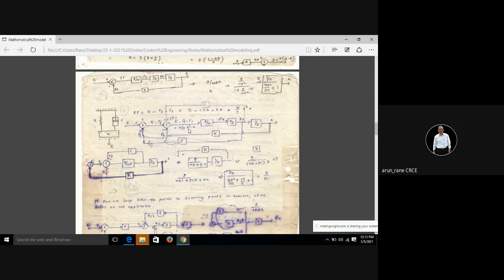So my first block will be g by W, then first integration, then second integration, and I get x. Now this x I have to multiply by k, that is nothing but the spring stiffness. So it will be k into x, that is nothing but Fs. So Fs is equal to kx, right? So it will come to this block.